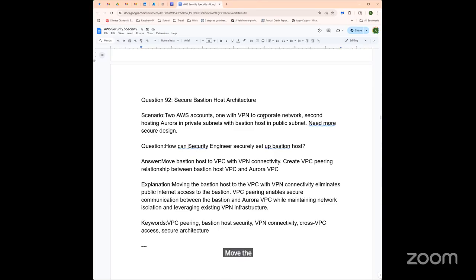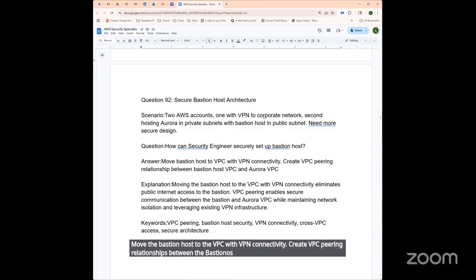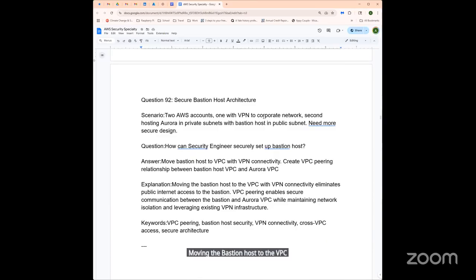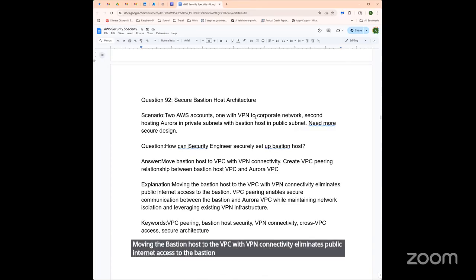Move the Bastion host to the VPC with VPN connectivity. Create VPC peering relationships between the Bastion host VPC and the Aurora VPC. Moving the Bastion host to the VPC with VPN connectivity eliminates public internet access to the Bastion. And VPC peering enables secure communication between the Bastion and the Aurora VPC while maintaining network isolation and leveraging existing